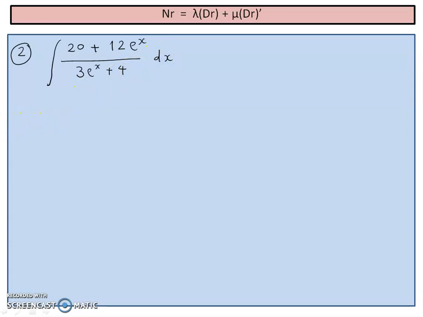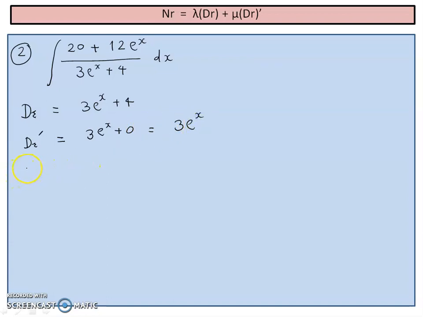Now very simple. What we have? We have a similar method. Denominator is equal to 3e^x + 4. What is the denominator's dash? Means the derivative of the denominator. This 3 remains as it is, e^x. ये तो याद है आपको? Should I remind you? Not necessary. 3 multiplied by the derivative of e^x, plus the derivative of 4 is 0 because it is a separate constant. So it is 3e^x.